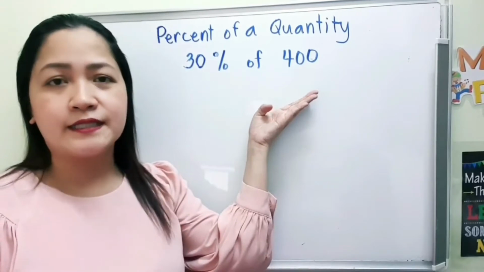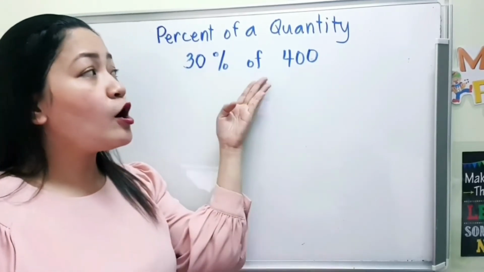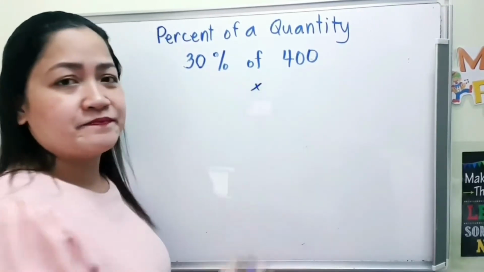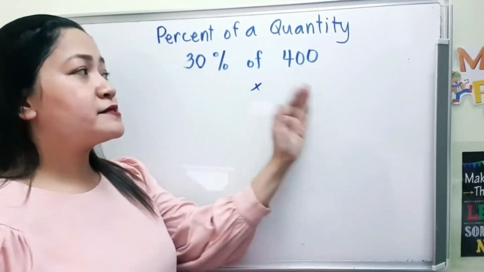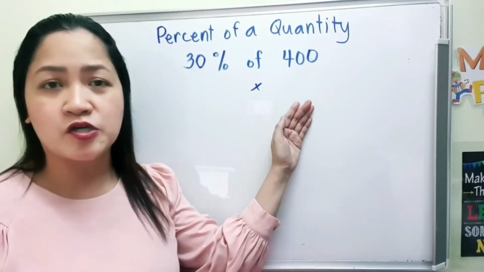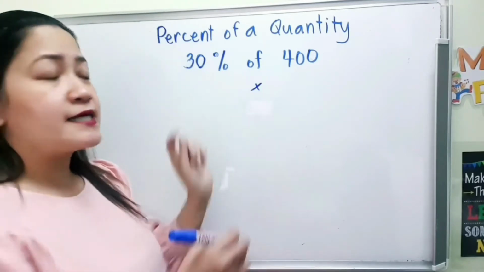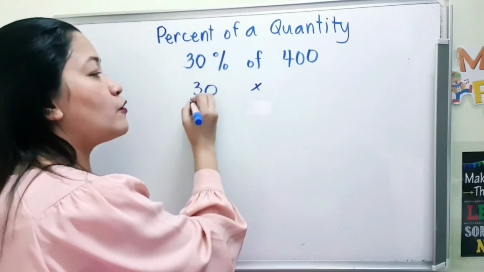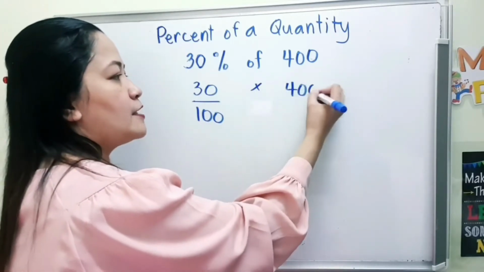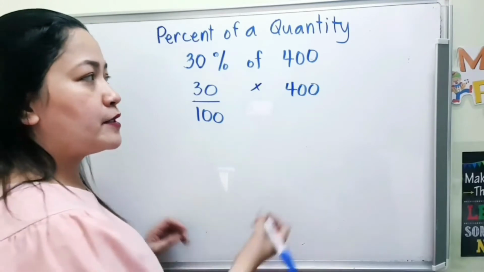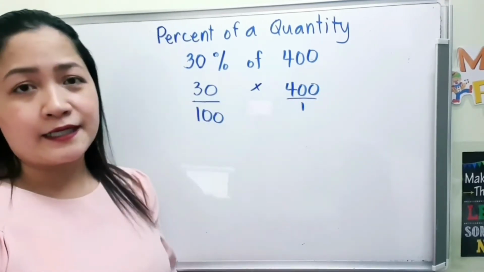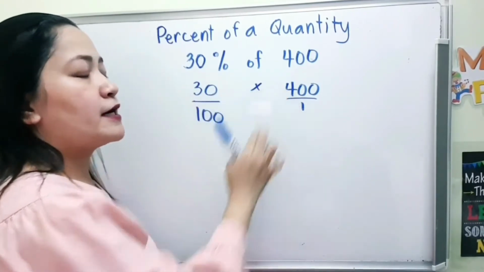30% of 400. This shows percent of a quantity. So of means multiplication. Okay? Now, to answer this, it is important that you remember how to change percent to fraction. So, 30% as a fraction is 30 over 100 times 400. 400 here is a whole number, so we can just make it over 1. And then, just multiply. 30 times 400 is